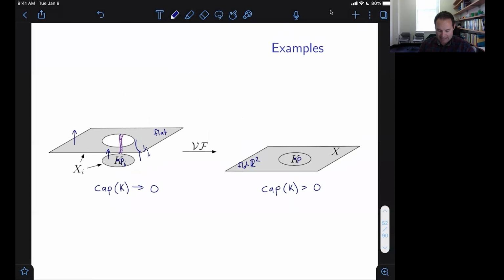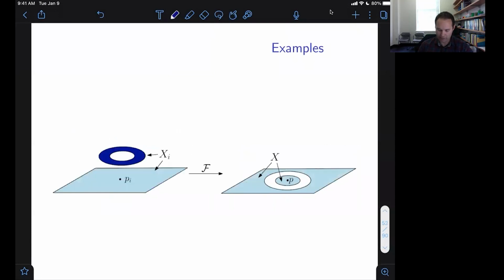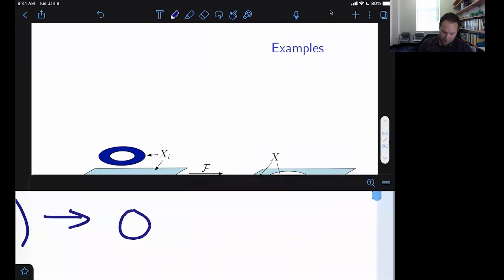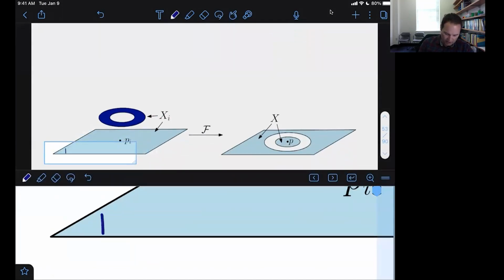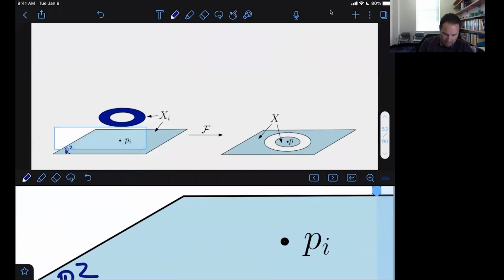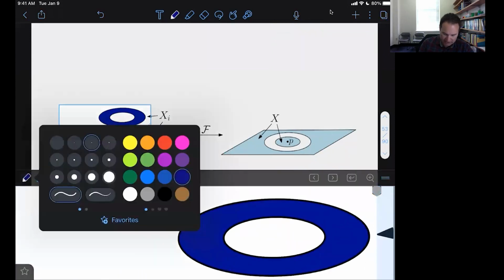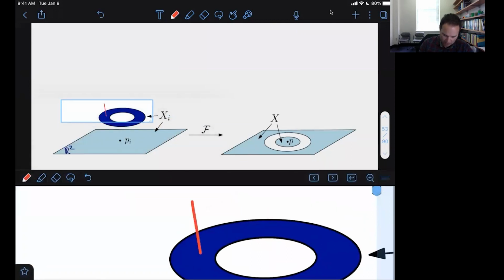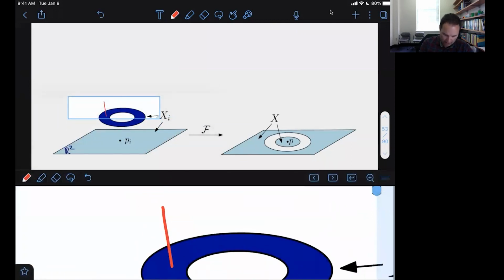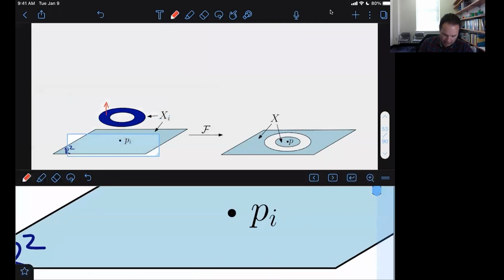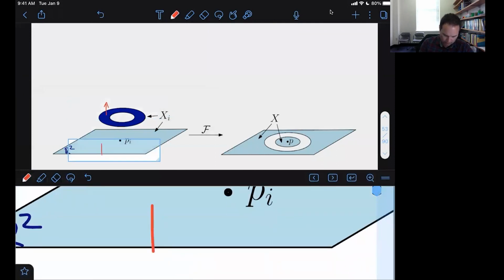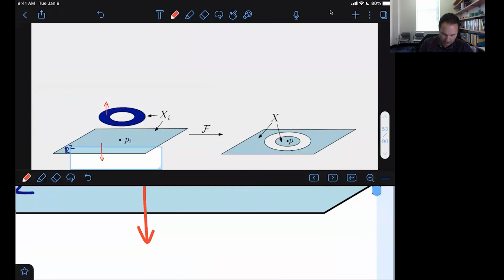Okay. The next example will be similar to this one, but it's to demonstrate that you can get a capacity jump going the wrong way if you don't have the volume preserving convergence. So with this one, again, everything could be happening inside of R3. So this is just a flat R2. The trick here is that there's this annulus up top that's oriented one way. Integration is one way, and then integration the other way is down. So they have opposite orientation.